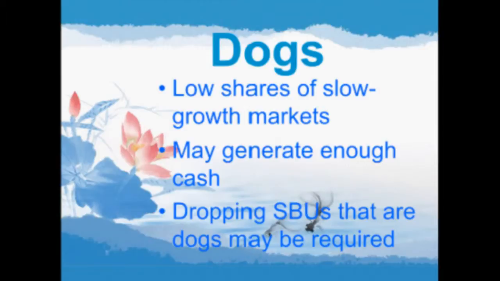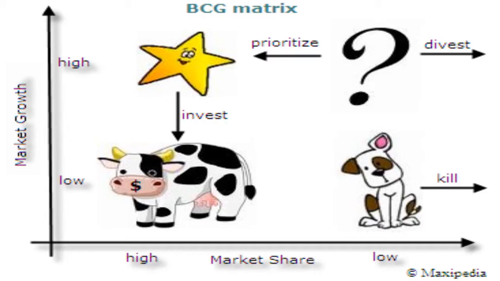Dogs are SBUs with low share of slow growth markets. Although they may generate enough cash to sustain themselves, they do not hold the promise of ever becoming real winners for organization. Dropping SBUs that are dogs may be required, except when relationships with other SBUs, competitive considerations, or potential strategic alliances exist. An organization's SBUs often start as question marks and go counterclockwise around to become stars, then cash